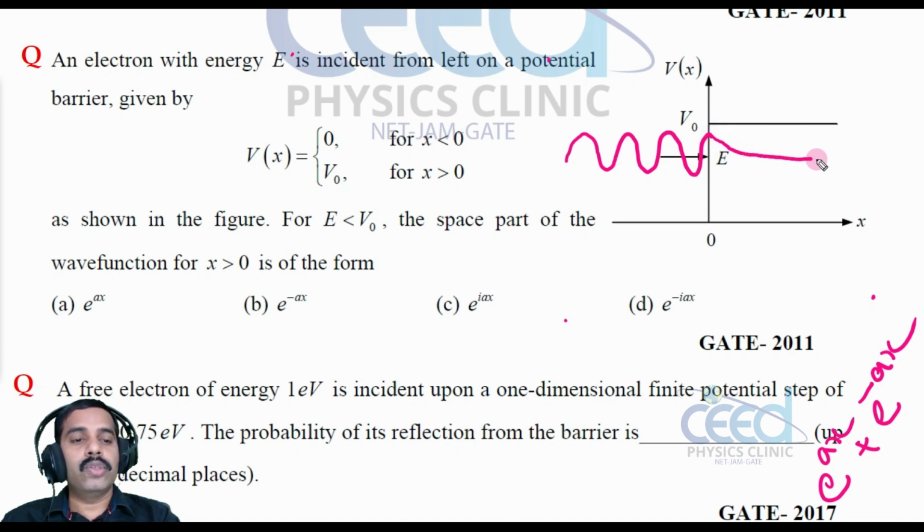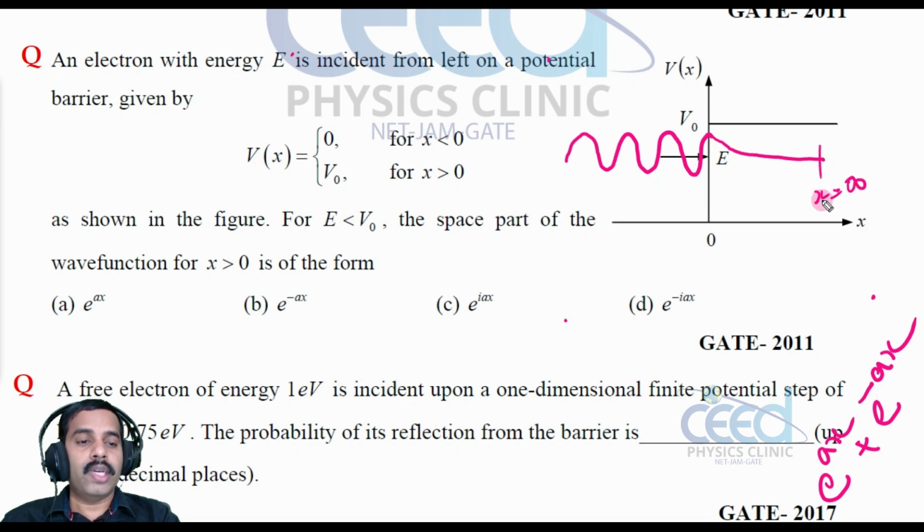This will decay into 0 because it is very difficult to overcome this high potential, right? This wave cannot penetrate through for a long distance. Quantum mechanically it will decay, right? Even though we have a probability in the second region, it will decay. So this decay means the wave function should be 0 at x equal to infinity, because it will decay and come to 0.